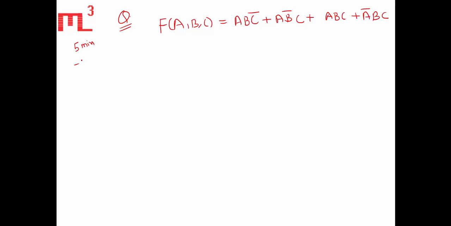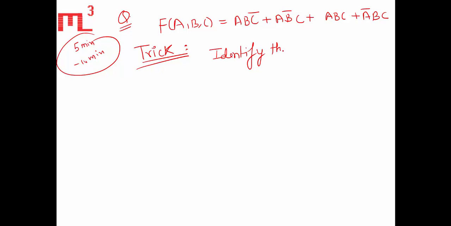Suppose we have a Boolean function f of 3 variables: a b c bar plus a b bar c plus a b c plus a bar b c, and we want to simplify this. If you start to simplify this with the conventional approach, it will easily take 5 to 10 minutes. So I will tell you one very nice trick, and I'm writing the trick for you: just identify the term